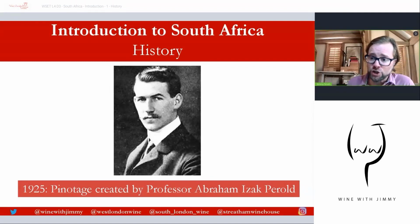He became the first professor of viticulture at the University of Stellenbosch, later advancing to the Dean of the Faculty of Agriculture. He joined KWV in 1927. Of course, that's where really most of the future at that time was held. And he gave a major contribution to wine at his stint within KWV. To this day, around 177 varietals still form a part of the collection at the Welgevallen Experimental Farm in the